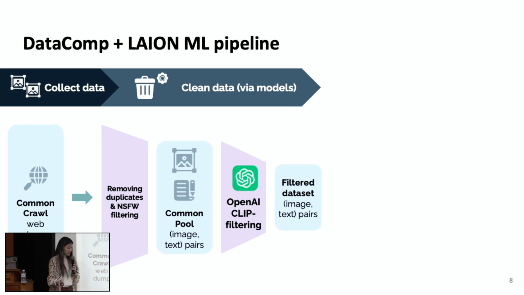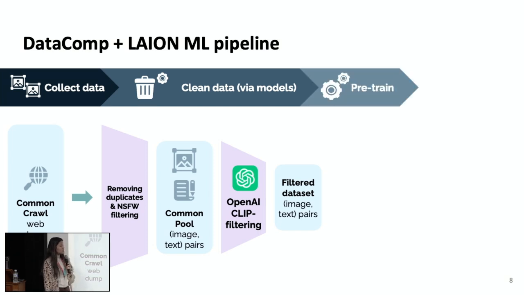This next step is what both DataComp and LION do, and they claim that this is kind of the essence of why their data set works so well. So it's called CLIP filtering, and it relies on this already trained OpenAI CLIP model that maps images and text to the same representation space, in order to answer the earlier question from the motivating example of if the text accurately describes the image. And so this outputs what we call the filtered data set.